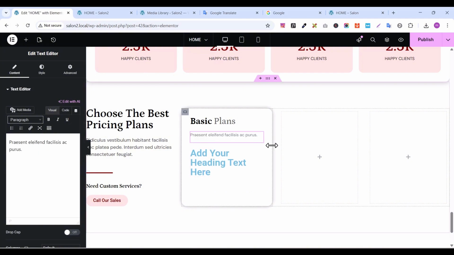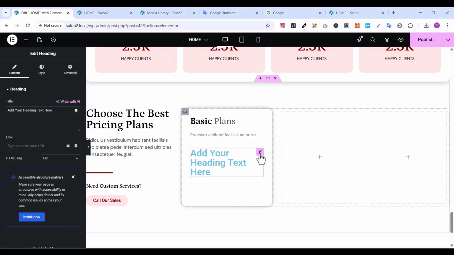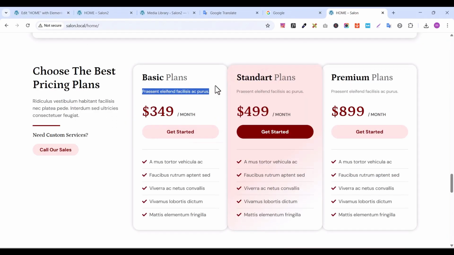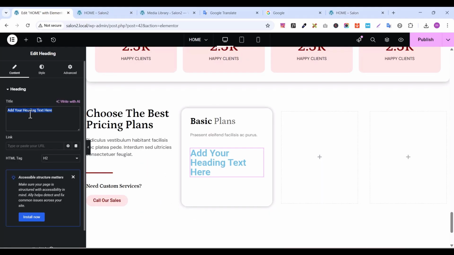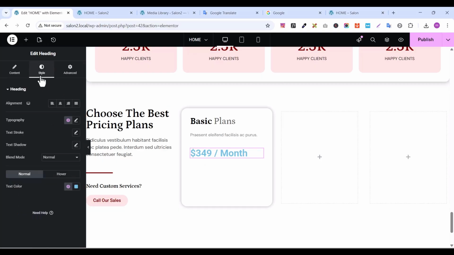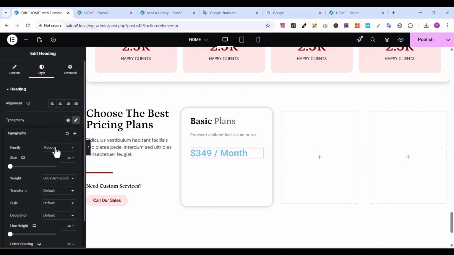Okay, so let's select this element, go back and copy this text back to our working environment and paste it here. After that, let's go to style, typography, change it to Petrona,